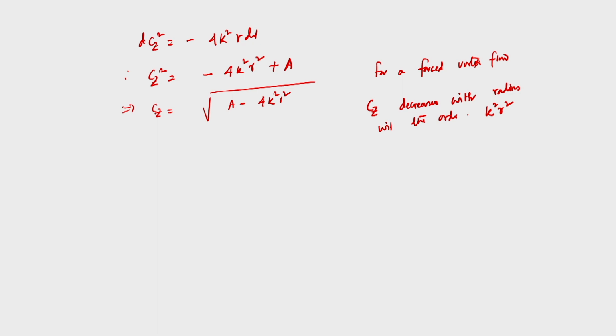So for a free vortex flow, if radial equilibrium is attained, then for flow through an axial flow machine, Cz is not a function of R, but Cz might change along the axial direction. But in case of a force vortex flow, Cz decreases with radius with an order of k square R square,